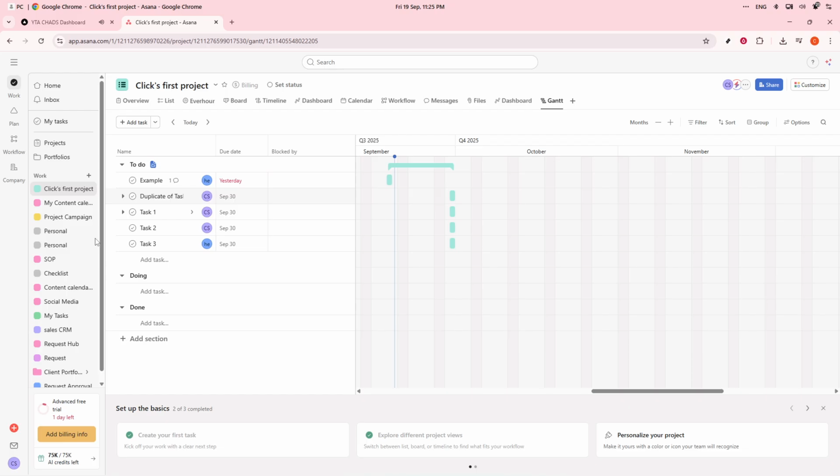By following these steps, you're well on your way to leveraging Asana's Gantt view to its full potential, making your project management not only effective,